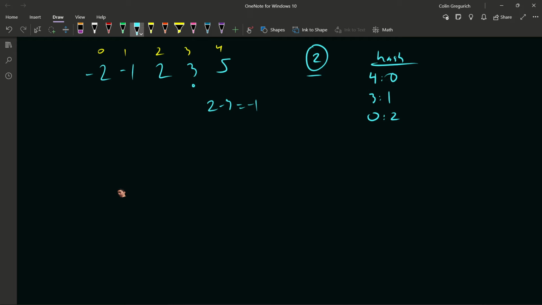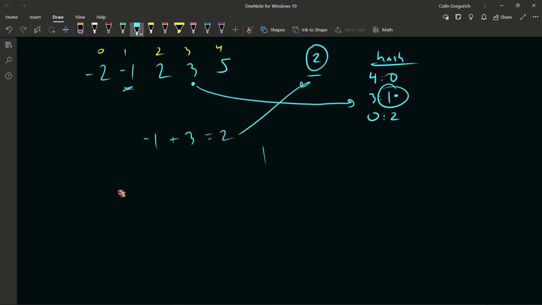Or rather, I missed it: you want to check first, is 3 in the hash? Yes, it is. That means we can get our sum by taking the number at index 1, -1, plus the current number, which equals 2. That's the total. So we'd return the value here, 1, and the current index, 3. And in the problem, they wanted one-indexed for whatever reason. The problem with this approach is